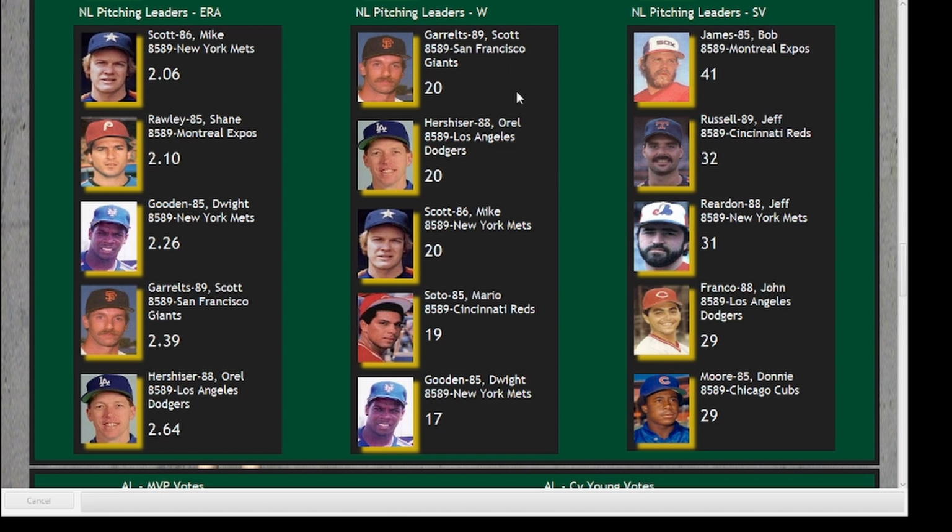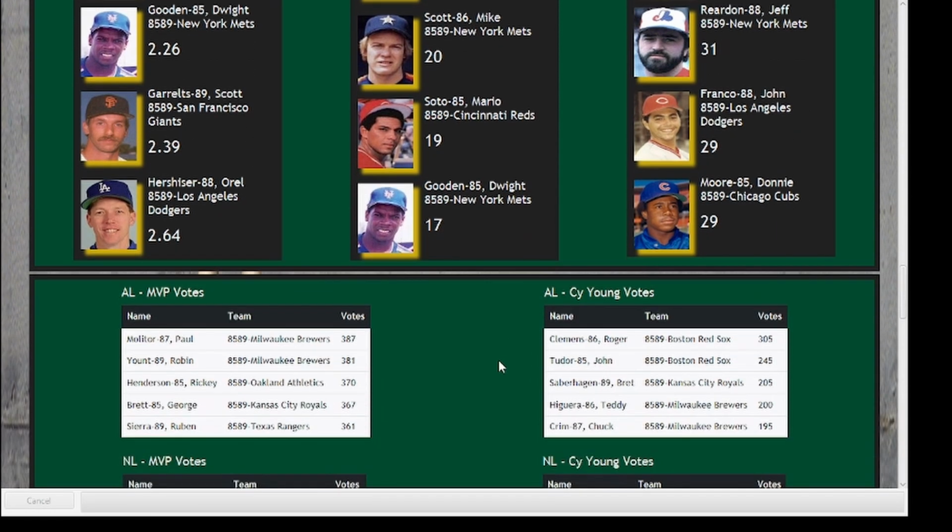And he finished tied for the league lead with 20 victories, along with Scott Garrelts. Mike Scott, also 20. And we got Mario Soto of the Reds with 19, and Doc Gooden with 17. Save leaderboard, Bob James takes it with 41. Over Jeff Russell, Jeff Reardon, John Franco, Donnie Moore, and